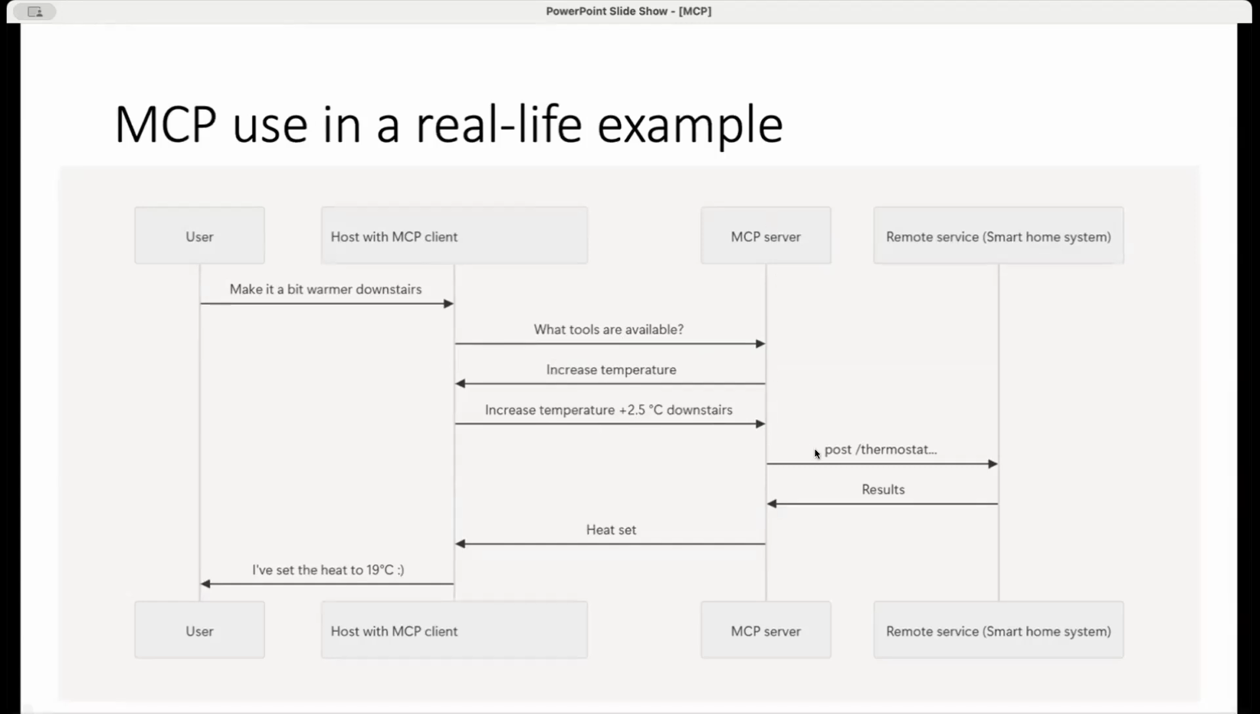And then the MCP server will also interact with the smart home devices. So this will be that connector that it has built to connect with the smart home system. Post that request to the smart home system to increase the temperature. And then it will respond to the server with the result. And then the MCP server will again send the response to the client, and the client will send it back